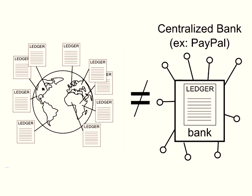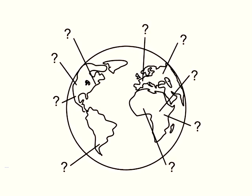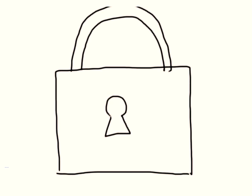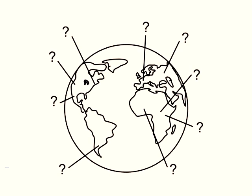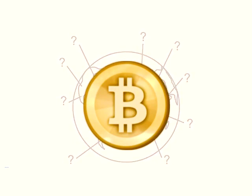For one, unlike a bank where you only know about your own transactions, in Bitcoin everyone knows about everyone else's transactions. Also, while you can trust your bank, or you can at least sue it if something goes wrong, in Bitcoin you're dealing with anonymous strangers, so you shouldn't trust anyone. The Bitcoin system is amazingly designed so that no trust is needed. Special mathematical functions protect every aspect of the system. The rest of this video will explain in detail how Bitcoin allows such a group of strangers to manage each